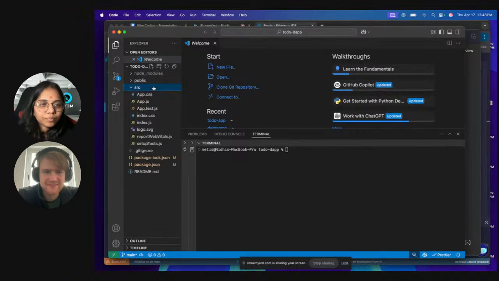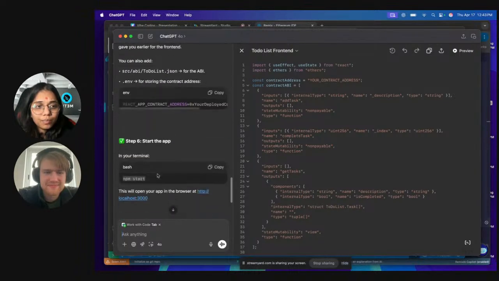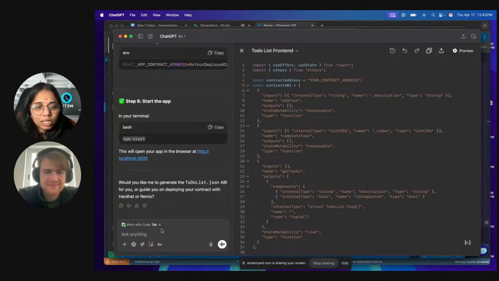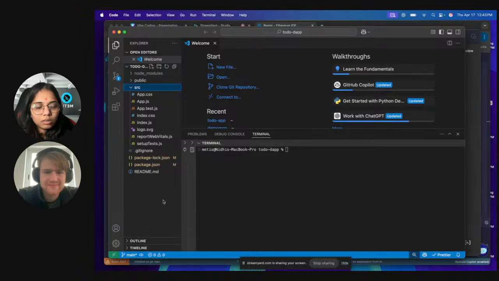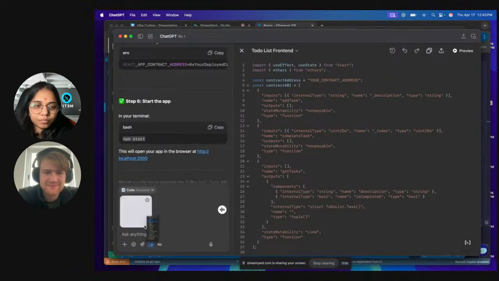And okay, in the source folder, now if I'm new, I don't know where I have to paste the code, right? Where I can copy and paste this code. So what I'm going to do now is give it this file structure: let me take a screenshot of this and pass it here.